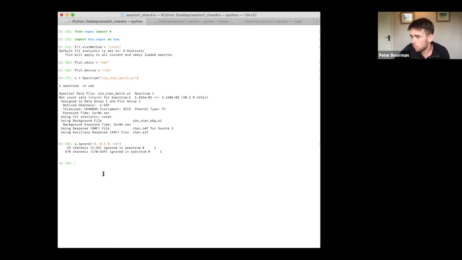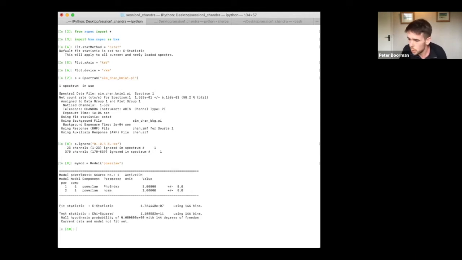Then in terms of a model, again, it's just slightly different. So it's just mymod equals, and the main thing is the capital M Model. And then in brackets, this time, if we just wanted the power law, we would just do powerlaw, and it prints out to show you that that's what you've got. And then there are various different ways to change the parameters. One way is to do the name of your model. So it was mymod.powerlaw.PhoIndex.values equals,